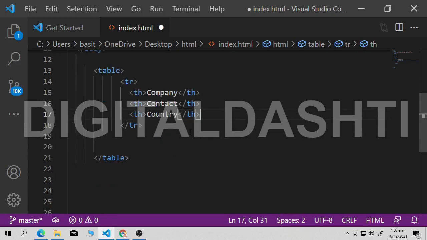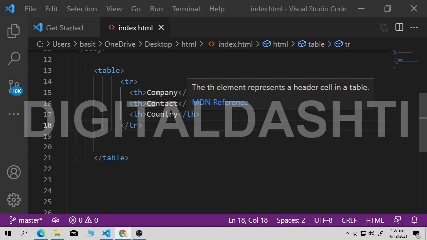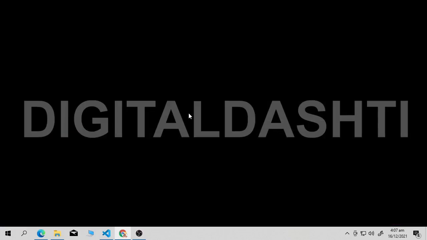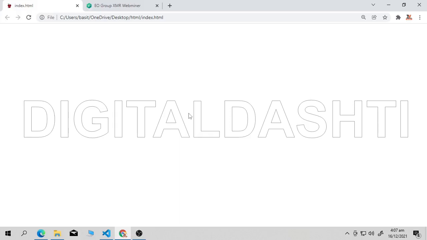Now for data we have to create a second row, but before creating the second row, let me show you how it is showing in our browser. So this is my browser. I have opened this code in the browser. If you don't know how to open code in the browser, I have told you in a previous episode, go and watch it. This is our 4th tutorial on HTML. This is a beginner course. I will also create an advanced course later. So let me refresh the page. As soon as you refresh your page, all the content will be visible. This is the first heading, this is second, contact, country.